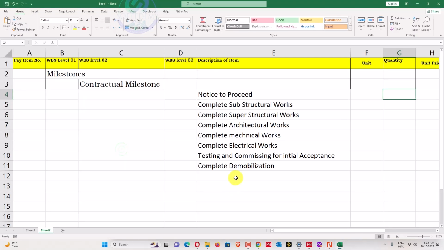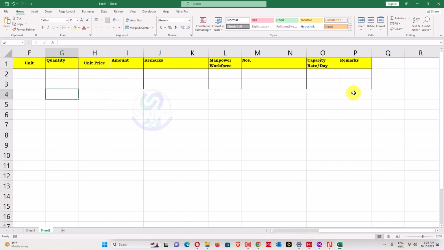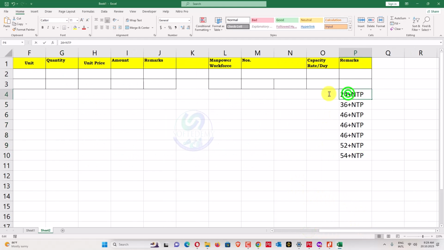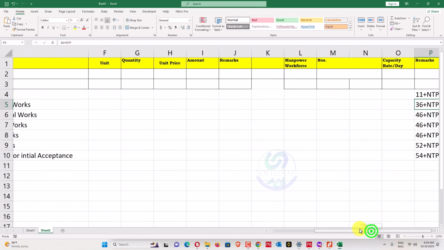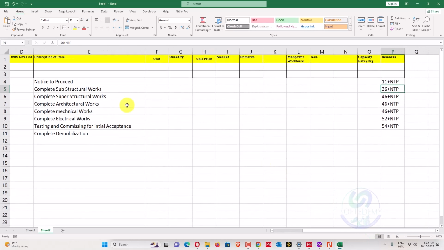So I will also write and inform that one. This one I considered 11. It does not matter, because if you have an explanation in planning, you can just drop that one. We'll go to the remarks, and in the remarks I can write what condition we required. Here in the remarks I have written notice to proceed.